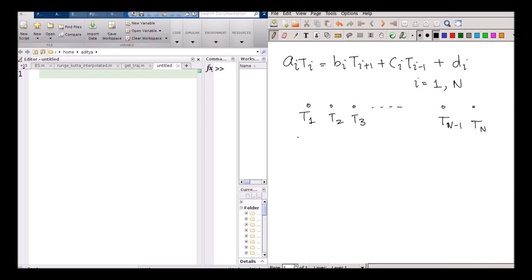Now it is apparent from the equation that if you put i is equal to 1, then you will end up with a term T0, and T0 is by definition 0 because it does not exist, and as a corollary C1 is also equal to 0 because we don't want T0 to exist. So if I put i equal to 1, this particular term has to be 0. Similarly, when i is equal to n, Tn plus 1 will appear over here, and even that term has to be 0, and therefore Bn has to be equal to 0. So the structure of this equation,